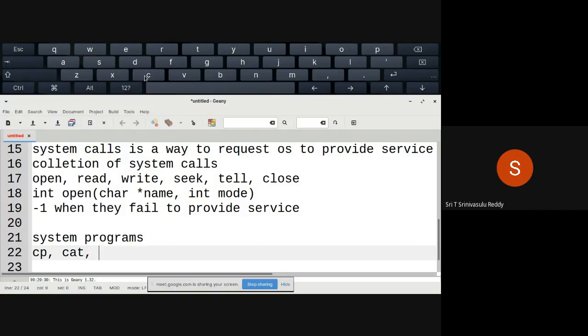On top of it, anything other than that you require, you are going to write the programs for whatever purpose. So these are the system programs. These system programs internally make use of system calls. Simple ideas, right? There is hardly anything. Only thing is you need to properly understand the foundation or the basics, and then you will be so comfortable looking at anything. For example, ls is there, using which you are going to list all the files.